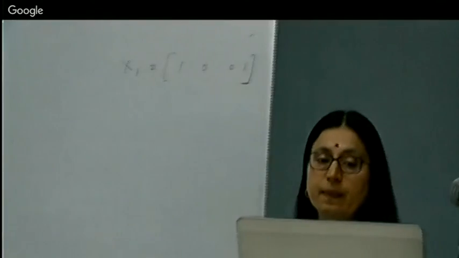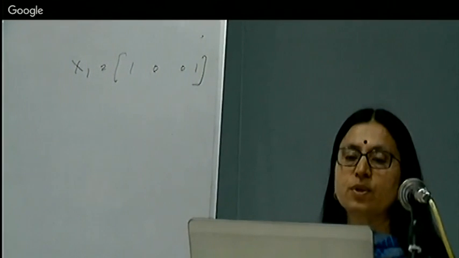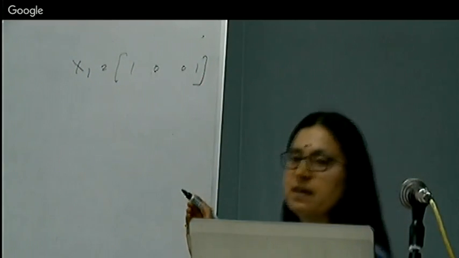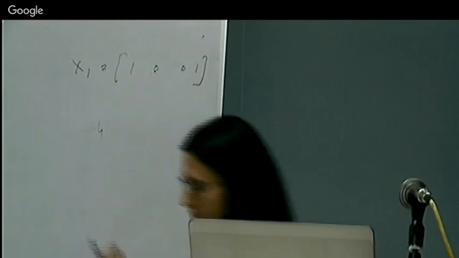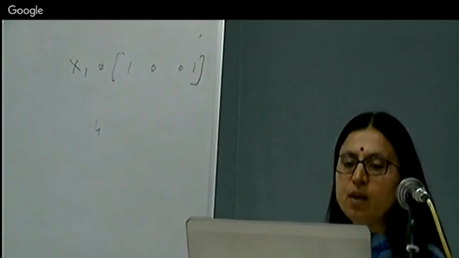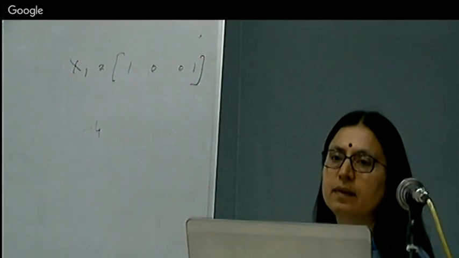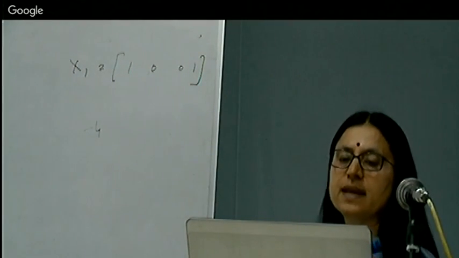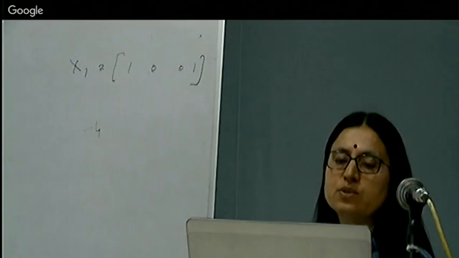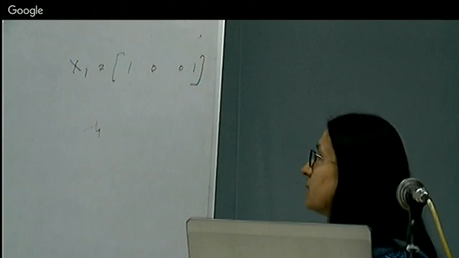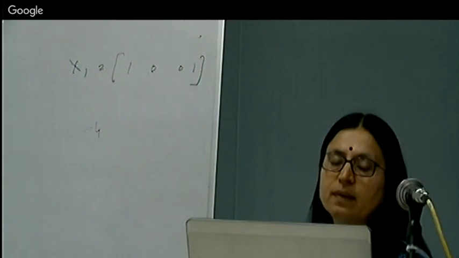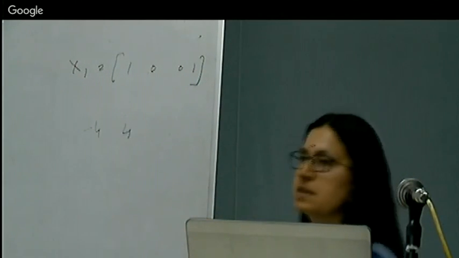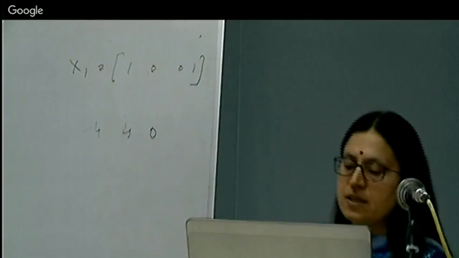Minus 2, plus minus 2. 1, 0, 0, 1 applied to minus 2 will give us minus 4. When we apply it to the second column, the weights are 2, minus 2, minus 2, 2. When we take its dot product with 1, 0, 0, 1, we will get 4. So the activation is 4. And for the last column, since all elements are 0, the activation is going to be